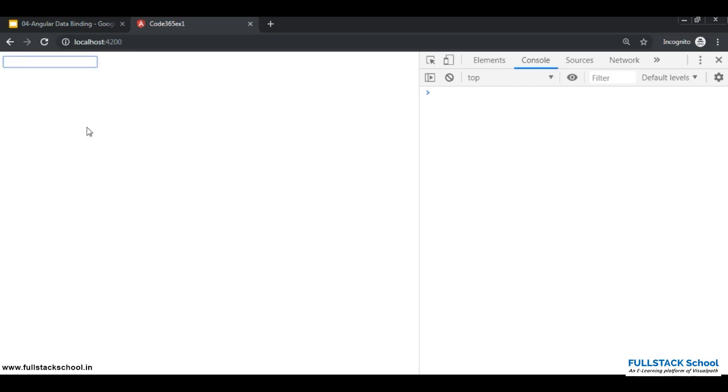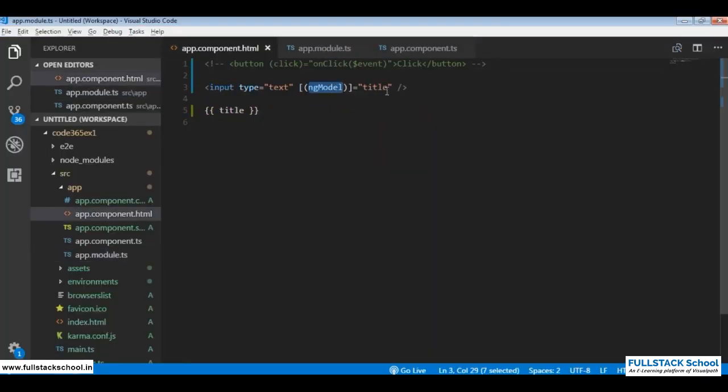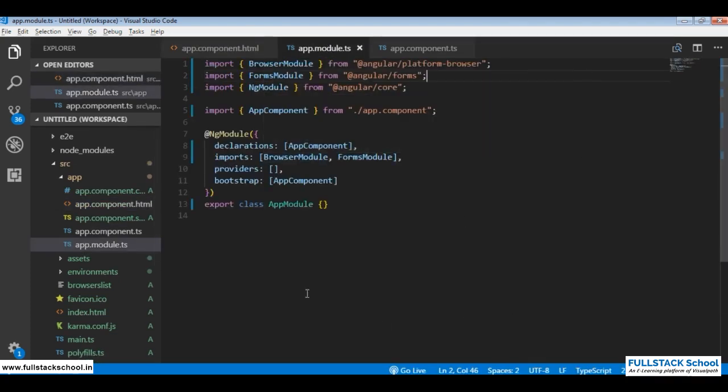So ng model is something that is well used for two-way data binding. The moment you type something, it is assigned to the property and you straight away display it on the DOM. So this is called ng model. ng model is given by Angular. It is called a directive, and to use ng model you need to import forms module and need to register forms module in